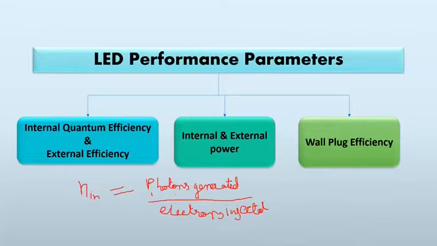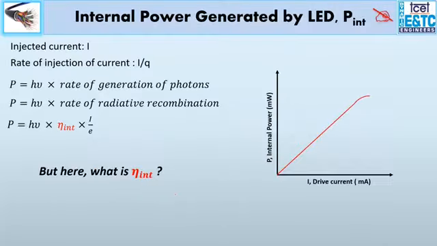Similarly, to see the performance of an LED, we have external efficiency, which I have already told you about, and internal efficiency is how much is getting injected into your device, which may cause the release of a photon. You are giving a certain forward current, but how much is getting injected. That is symbolizing the internal and the external quantum efficiency.